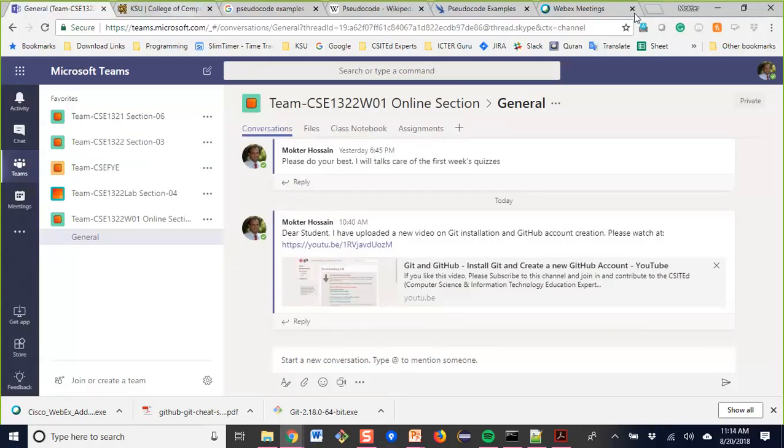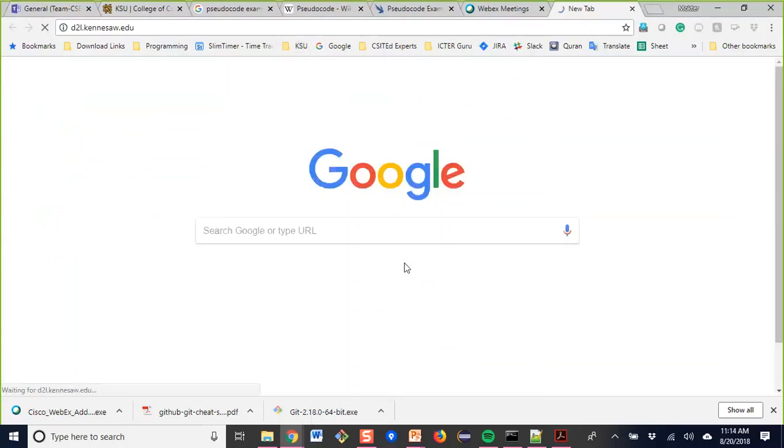or you can use D2L. So let us go to KSU D2L.